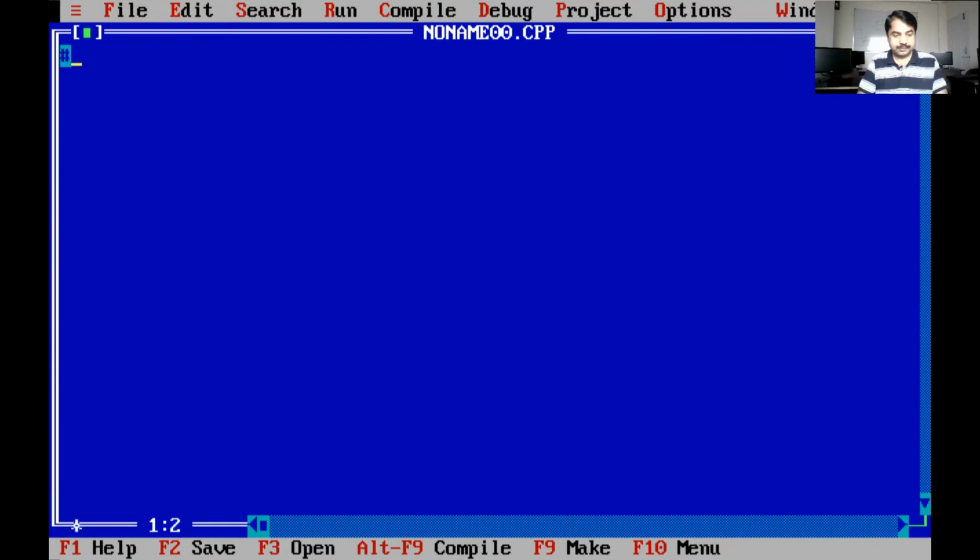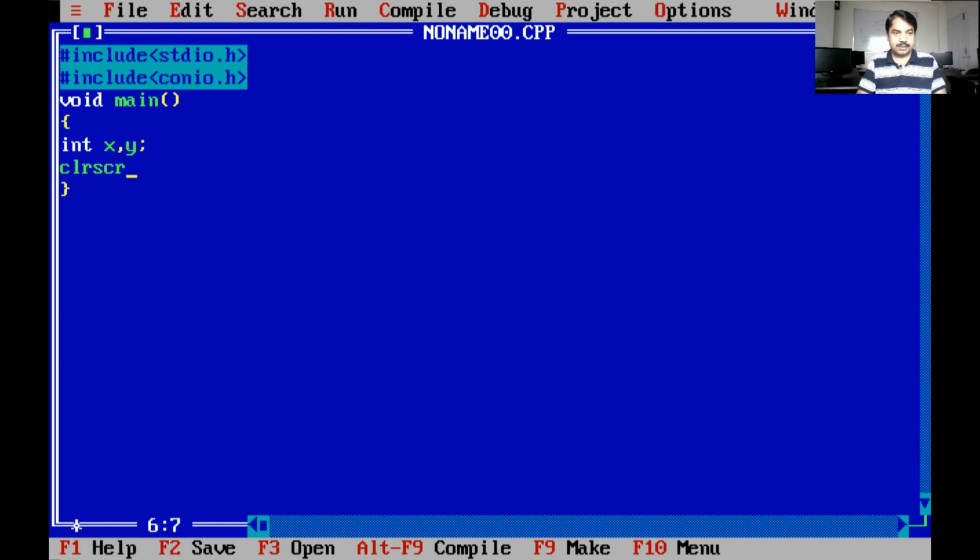Alt F N. Then we have to use both header files, include stdio.h and include conio.h, then void main. Then we have to declare variables x and y.